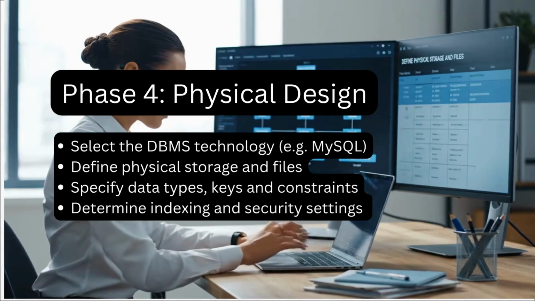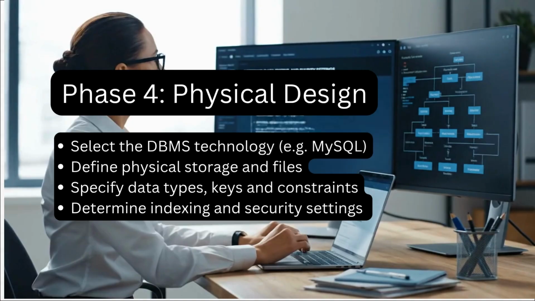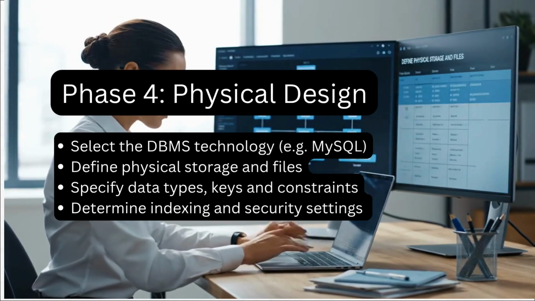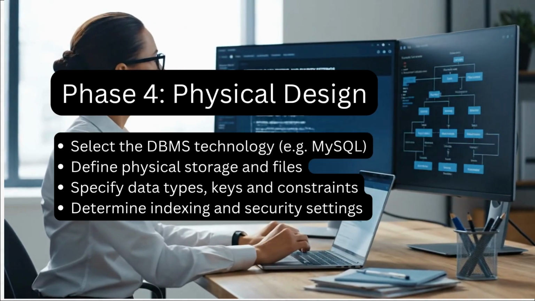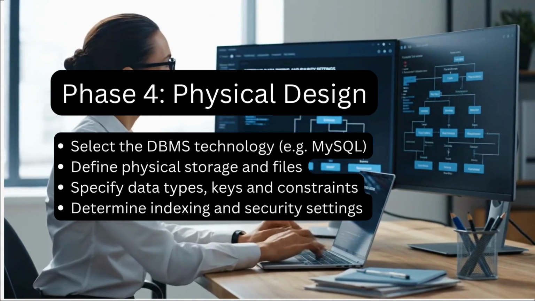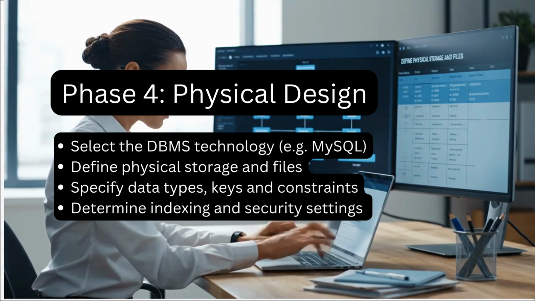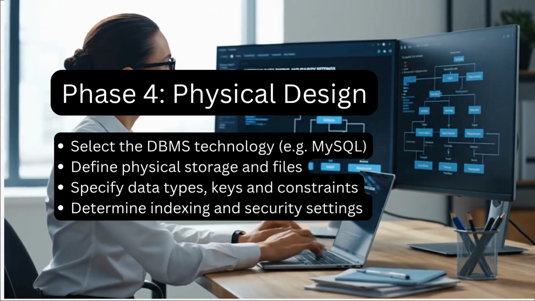In the physical design, we're making real choices. We're picking our building materials. First, we choose our database management system, the actual software that's going to run the whole show. Then we define the exact data types. Is this field a number, a piece of text, or a date? And, super important, we plan for speed by setting up indexes. An index works just like the index in the back of a book, helping the database find the information you